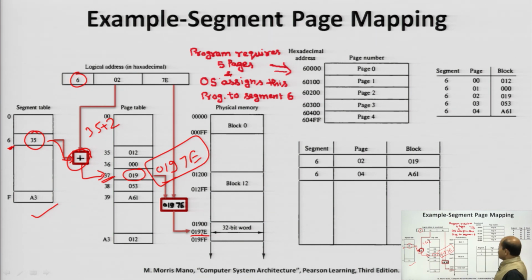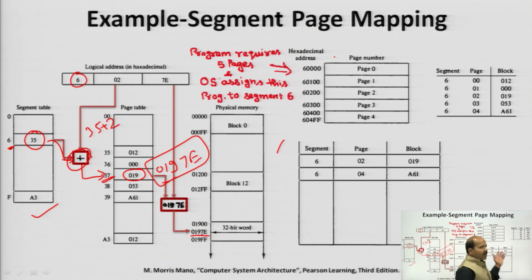You can see also that this particular architecture can store 5 pages. So segment number 6 can store only 5 pages at a time. This can also be implemented in TLB, the translation look-aside buffer, or associative or fast memory mapping scheme. Here 5 segment numbers corresponding to their pages and block numbers are stored in a single table. So this is the fast scheme to provide the particular word for a particular reference of the processor.